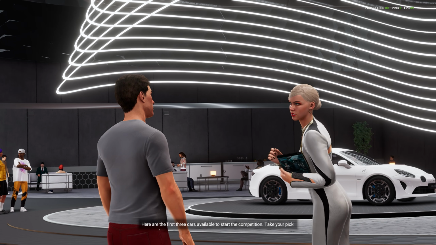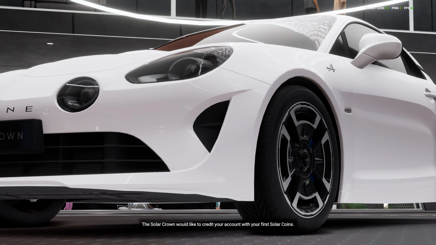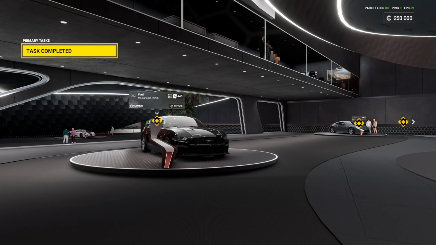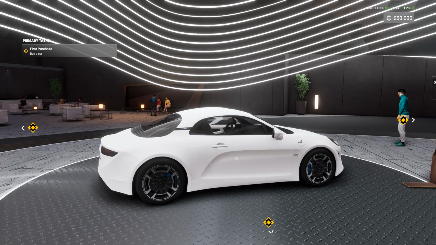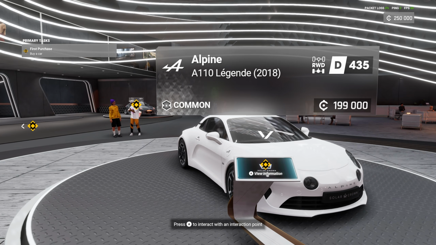And we'll start at the very beginning with your starter car. You get 3 to pick from: the Ford Mustang, Alpine A110, and Nissan 370Z. As with most starter car choices like this, your pick doesn't matter too much, as you can just buy them all anyway. But if you're really trying to maximize your experience, the Mustang, and especially the Alpine, are, in my